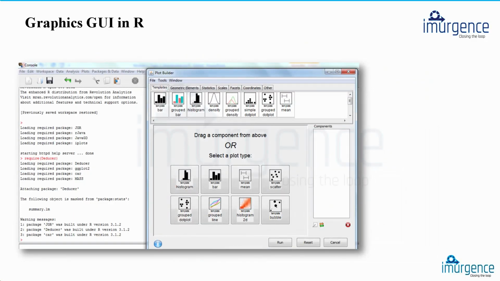So if you are using an interface like Deducer, this is what you will like. You will get components wherein you can have a drag and drop approach for graphics. So you can just extract the data on your Excel based sheet, right? Deducer has an Excel like grid wherein you can extract the data, and then you can use any of these image based attributes. So if you want a histogram, you can just click over there and drag it, and accordingly it will create a histogram, right? So it becomes very easy for a user to use these kinds of tools.